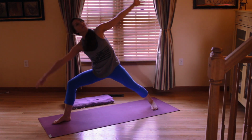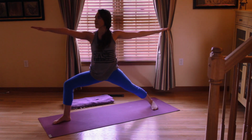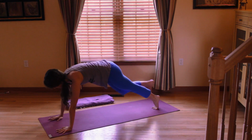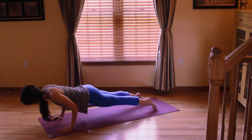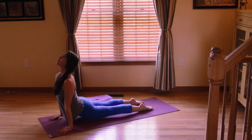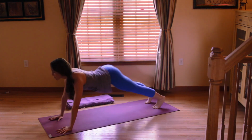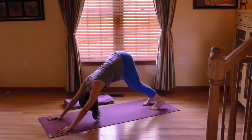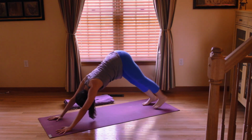In the same way, press into the floor with both of your feet and come through Warrior 2. Then circle your arms down, framing your foot, step back into a plank, and move through your Chaturanga Dandasana, upward facing dog, and straight into your downward facing dog. Stay here for an in-breath and an out-breath, and then raise your left heel up behind you, stepping it forward